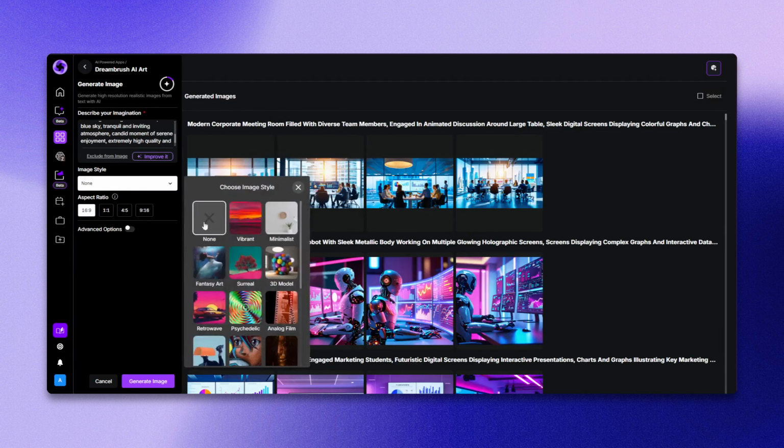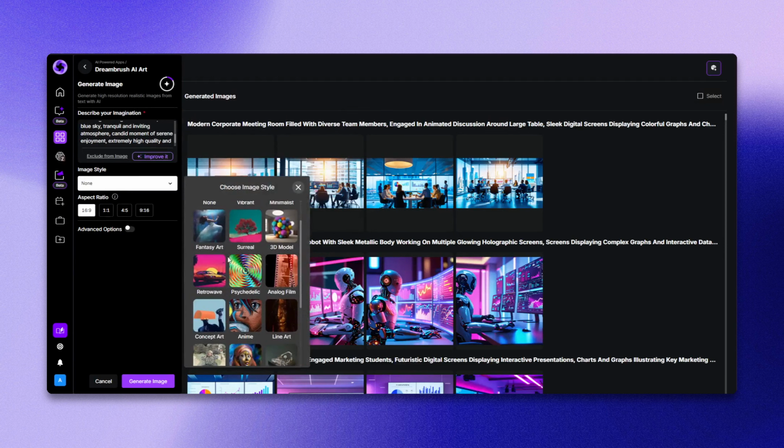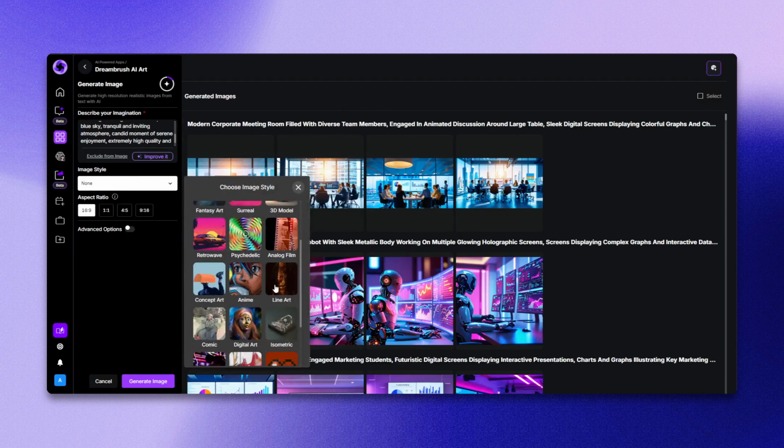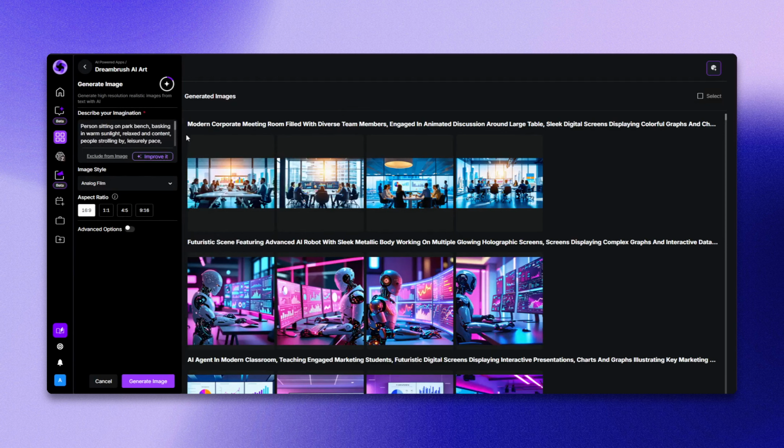Next, you can choose the image style for your output. For example, if you want an analog film look, you can select that. Additionally, if you'd prefer to exclude certain elements like feet, you can do so here. Since we all know AI doesn't always handle feet well, you have the option to choose the aspect ratio, whether